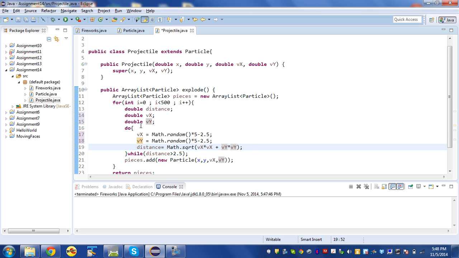The way a do while works is it's a lot like a while loop. It says do the stuff inside of the squiggly brackets. It's going to go in and do it, and then while it evaluates to this as true, it keeps going through. It keeps going as long as it's true. So it does it, and then as long as this is true, it keeps on doing it. As soon as this